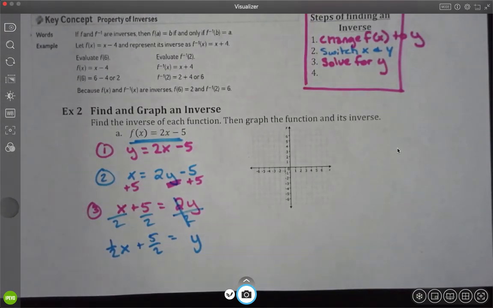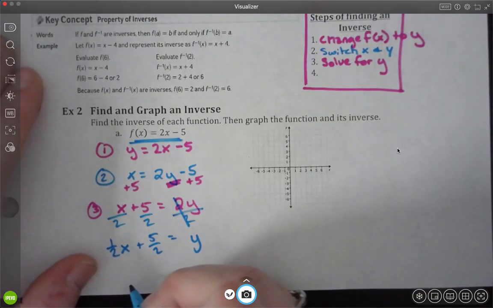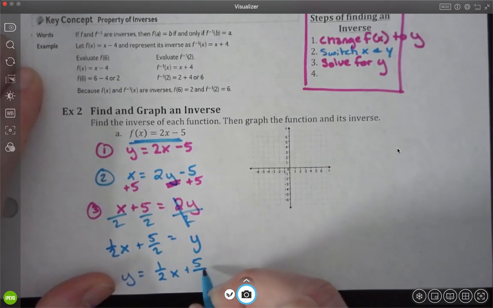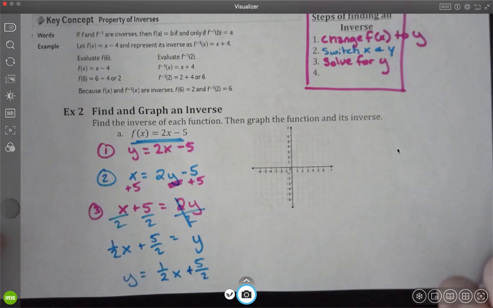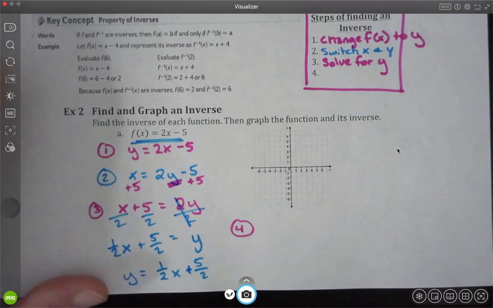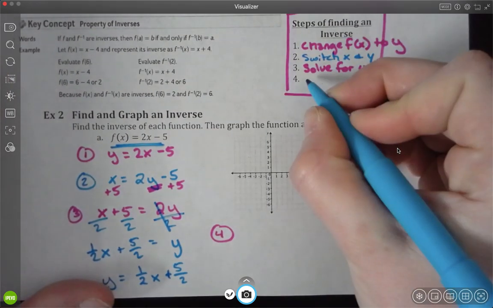Y is solved for, right? Some of you might like to write it opposite, so y equals 1/2 x plus 5 over 2. I like to do that as well, right? Okay, so that was step number 3, and then step number 4 is the last one. And all I do is change